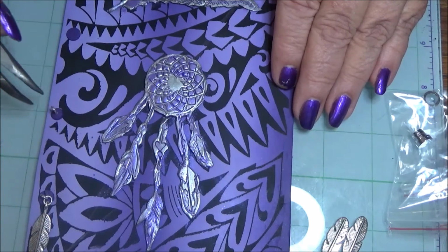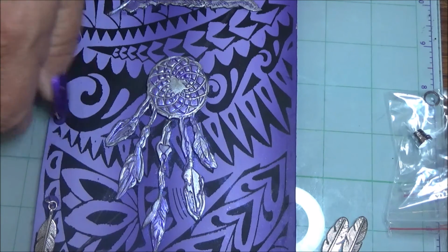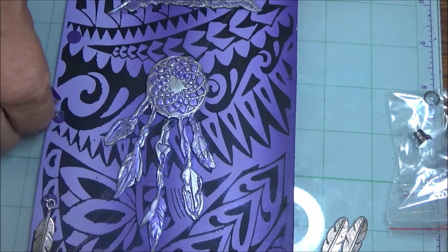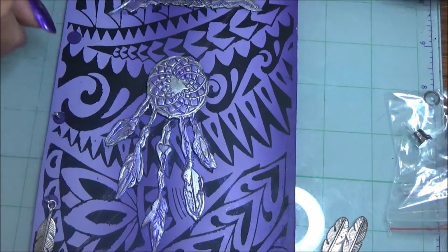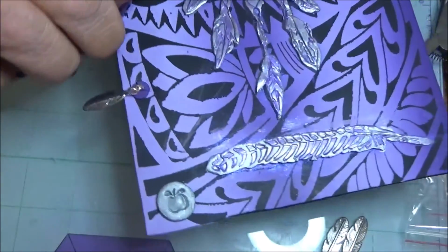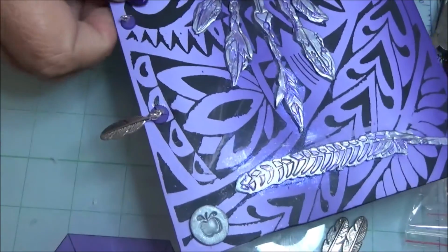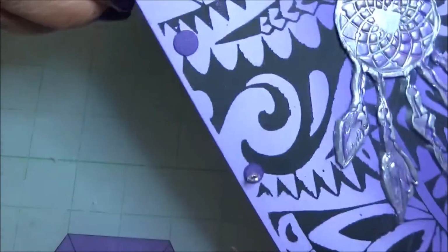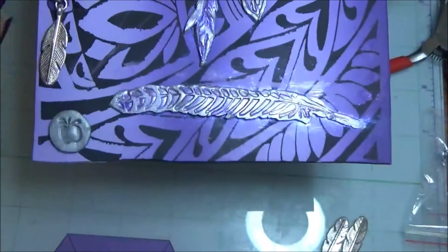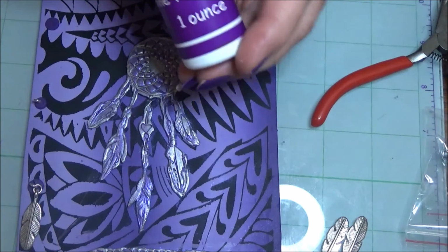Now you can do the same thing on pendants and earrings or anything you need to hook a jump ring to. Sometimes if it doesn't grab hold, you can add a drop of super glue and it'll hold up there. And this is just going through the back just enough to come out the bottom. And that's okay on a journal cover. If you were putting this into a pendant or earrings, it wouldn't matter. It would just screw down into your clay. And then I'll hook a jump ring onto the little, let's see if I can get it to where you can see it. I'll add a jump ring onto the eye screw and onto my feather, and I'll hang it on there. But I'm not going to do that right now because I'm going to put on this new product